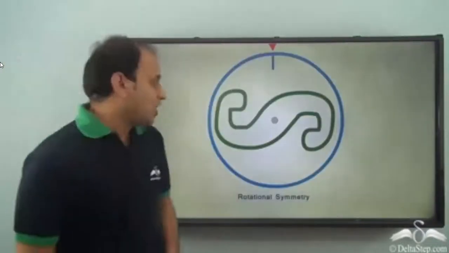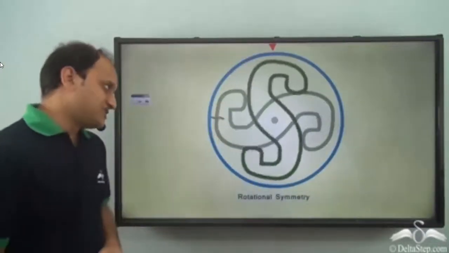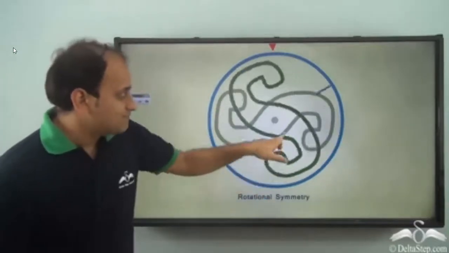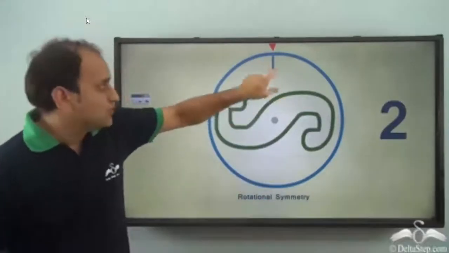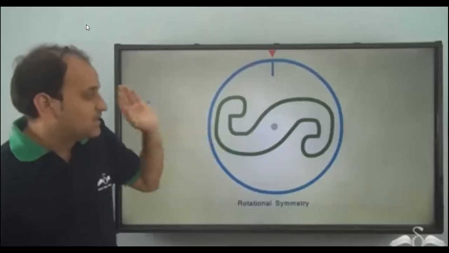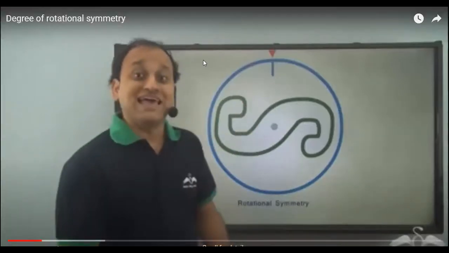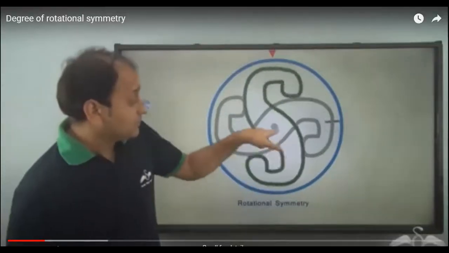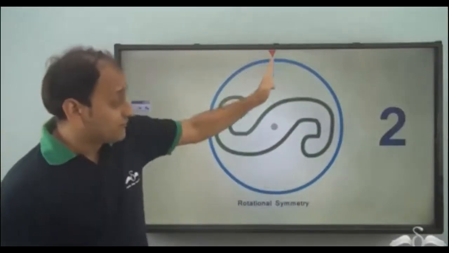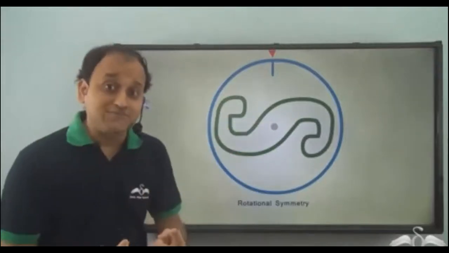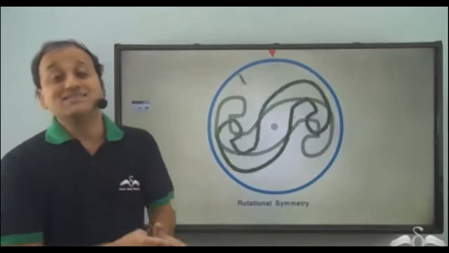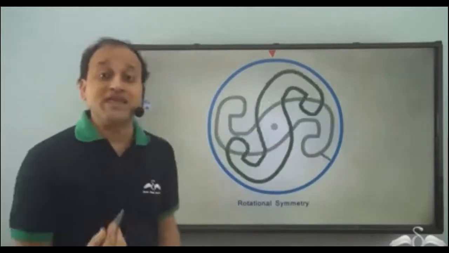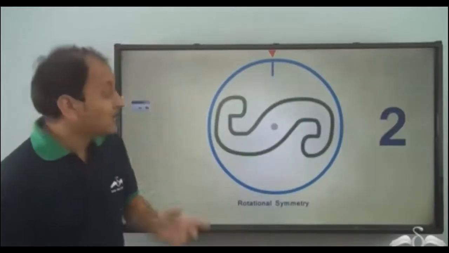So, I have this particular object. Now, this shows rotational symmetry. And what do we see? Well, when we rotate it, one time and two times. So, in one complete circle, what do we see? The object looks exactly the same as its initial position. So, as you can see, as it reached one full turn, we saw it two times. It looked exactly the same as its initial position. And this is very important when we are talking about rotational symmetry.